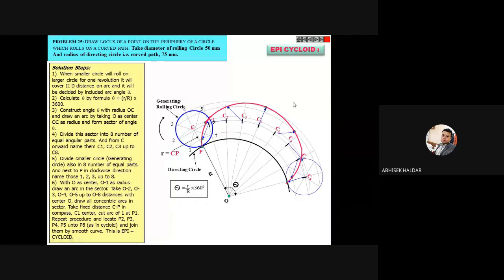My suggestion is to practice these two curves today, cycloid and epicycloid, because today you have learned. If you practice today, each and every step will be much more clear to you, and also hear the recording. I will try to share this recording in your Google Classroom within the evening. And the tangent and normal to this curve I will discuss in the next class, because today we are running out of time. In the next class we will complete these curves and finish up assignment number 1.